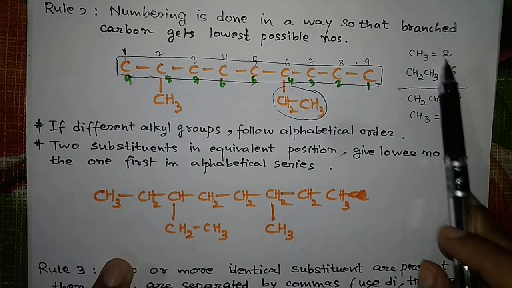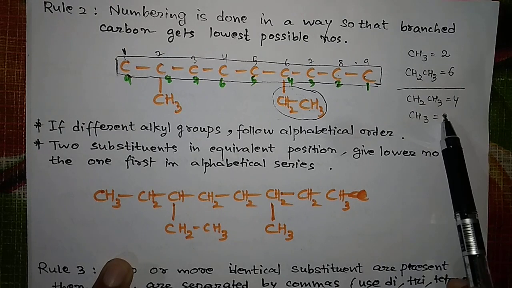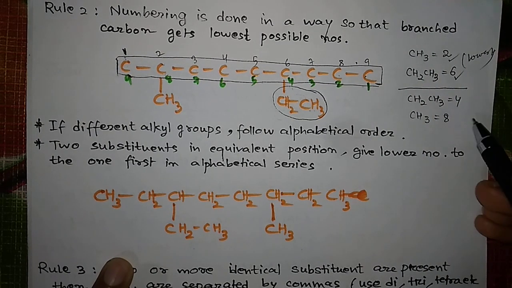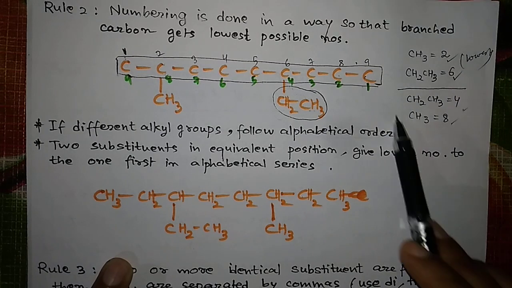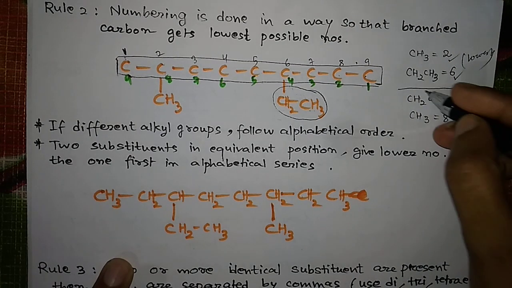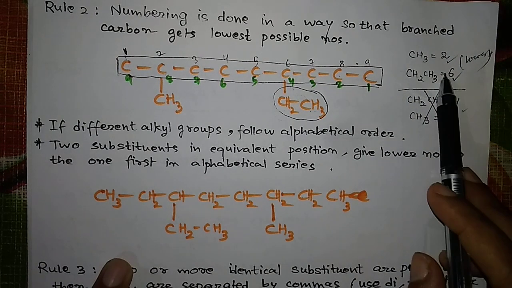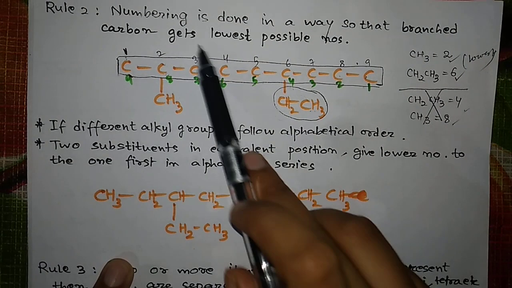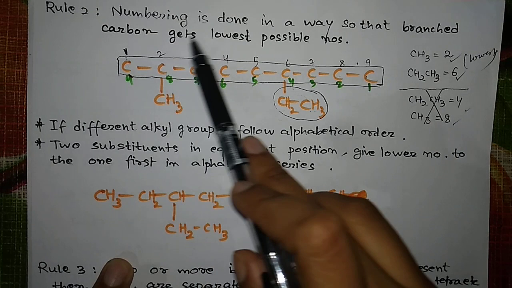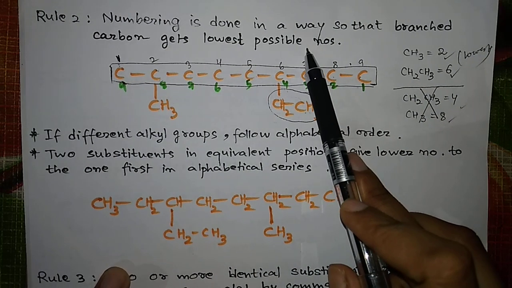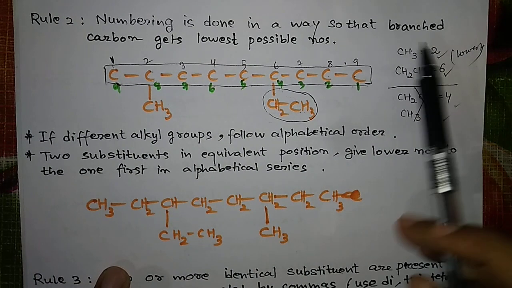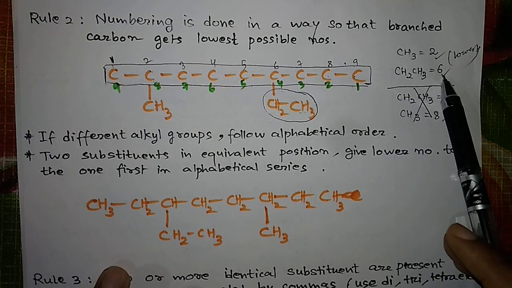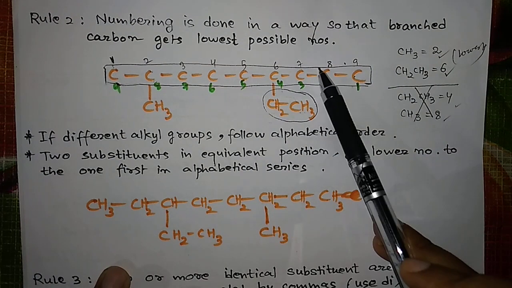That means what? You just see which is lowest between the two. This is the lowest, right? Obviously it is getting 2, it is getting 6, here it is 4, here it is 8, right? So this numbering we will not take into consideration, because numbering ऐसा लेना है कि substituent को lowest possible number मिले। क्या बोला कि numbering is done in a way so that the branched carbon gets lowest possible number, ठीक है। So if we see in the first case, if we number from left to right, our substituents are getting the lowest possible number and hence the numbering from the left to right is correct, ठीक है।